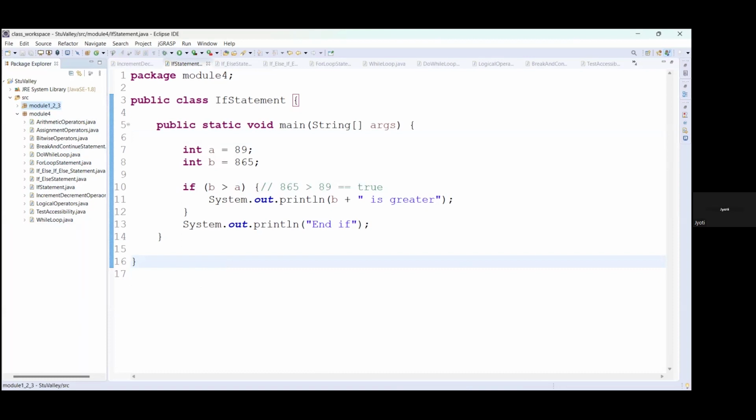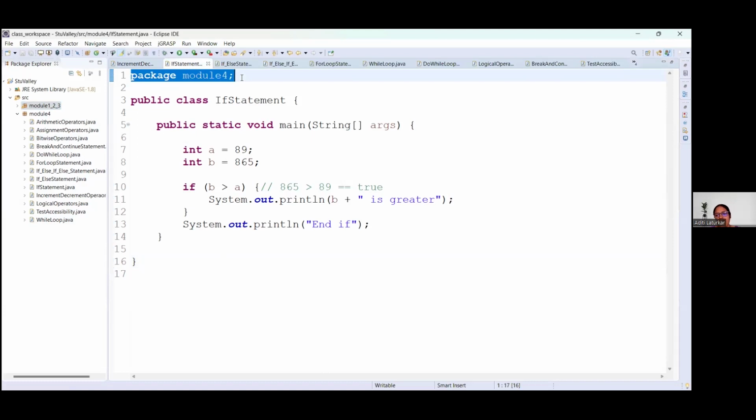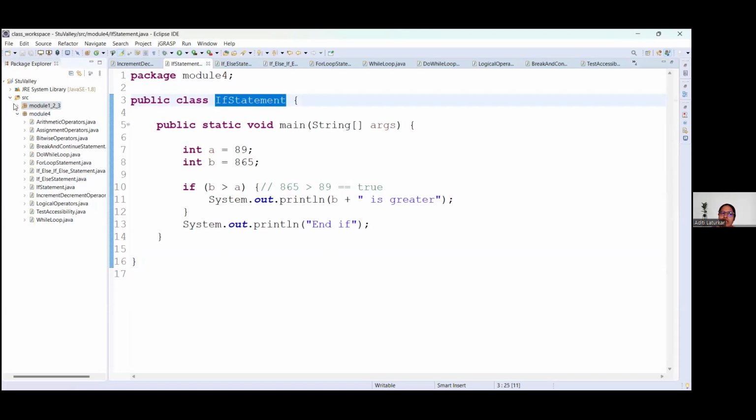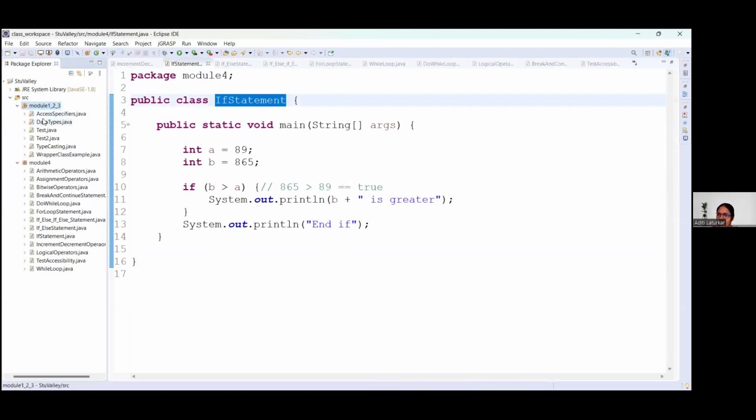I don't understand when to give import and when to give package. So import is used to import classes which are in another package or in another header or library files. That time you need to use the import statement. The package statement is only where you are telling it to store all these files in one folder. If you want to use this if statement inside any class which is stored in another package, that is, suppose, data types or test class,